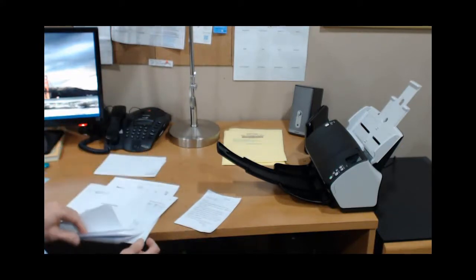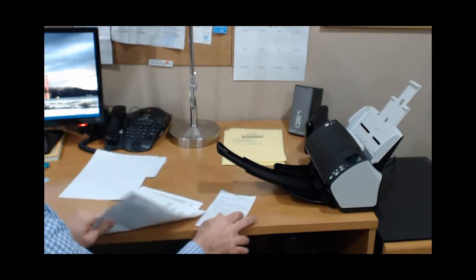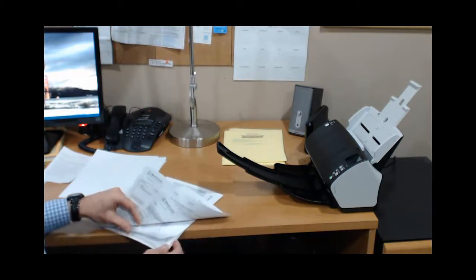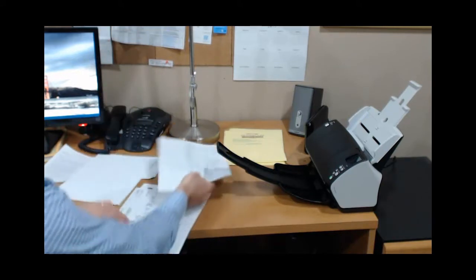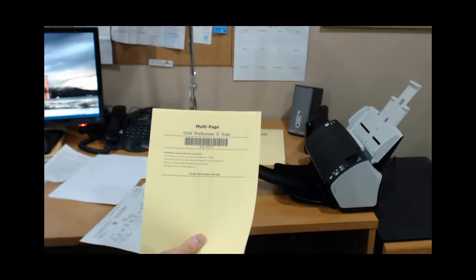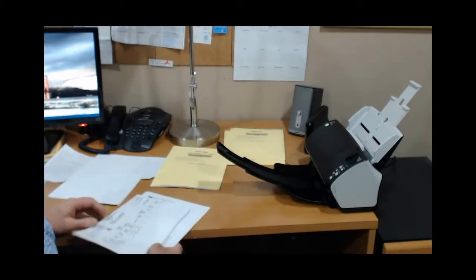And any other single page documents, like these organizer pages, we fill them out a little bit, and put those there. Now, any multiple page documents are going to be put in a separate pile. So here's a brokerage statement that has 16 pages, and notice it's printed on both sides. In front of each one of those multi-page documents, we're going to put a generic target sheet. They're printed on pastel color paper, so you can easily find them and reuse them. So I'm going to put that in there, and what it does is it tells the program to count the